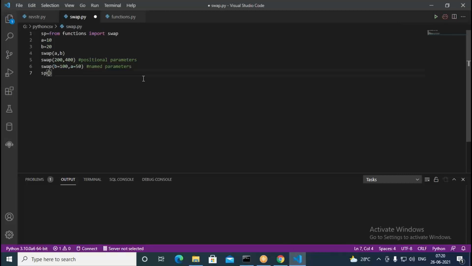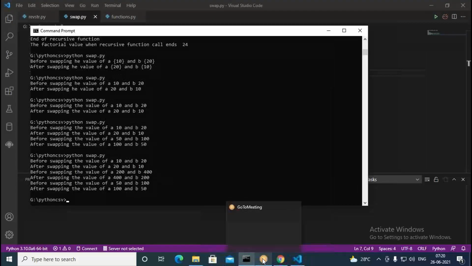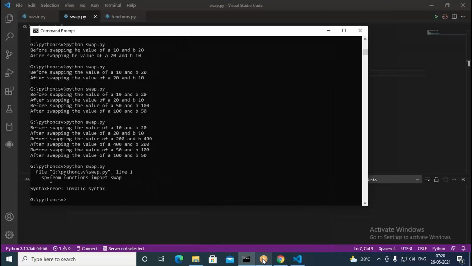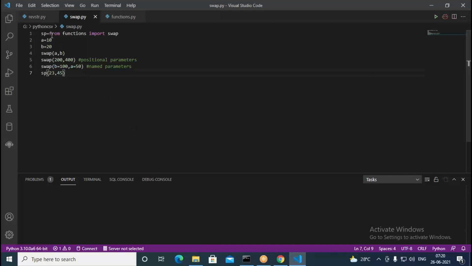SP, then I put here 23, 45. Now see what it says. From functions, when I say import swap, it's giving an error: invalid syntax. So we cannot import into any variable like that. Therefore, writing like this is wrong.